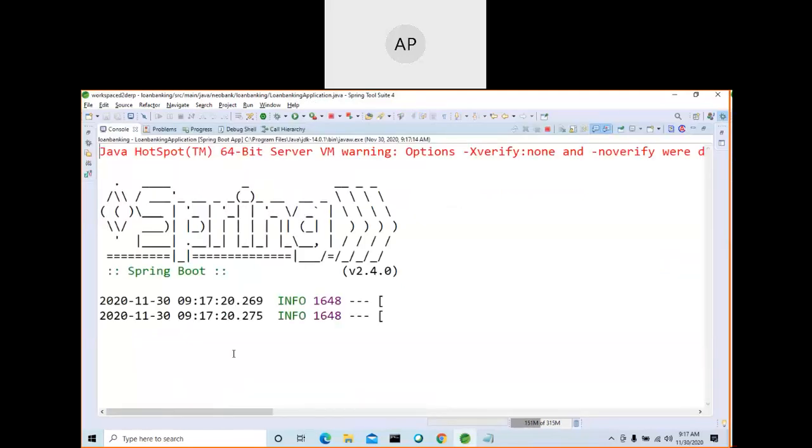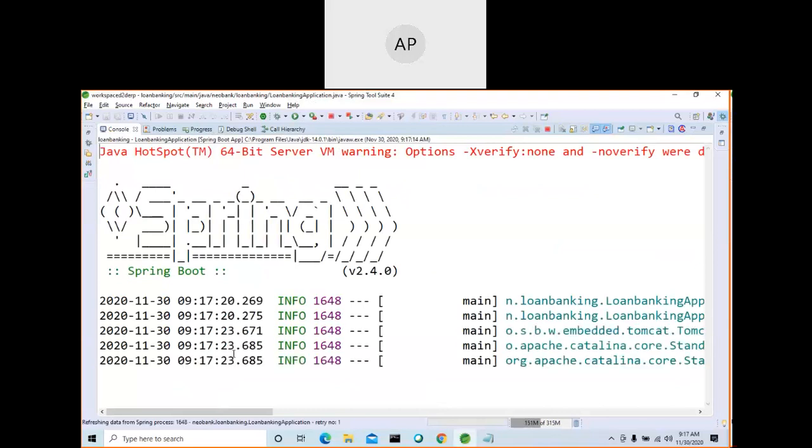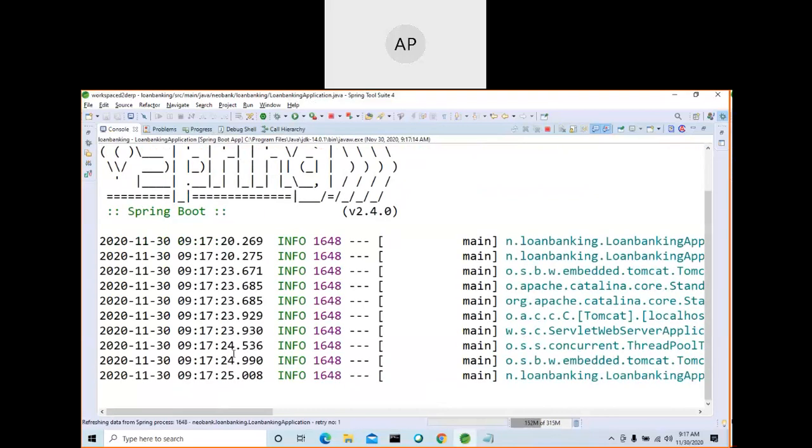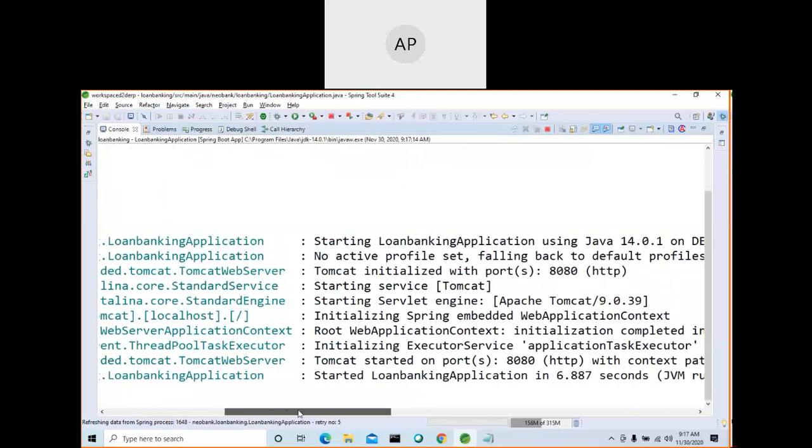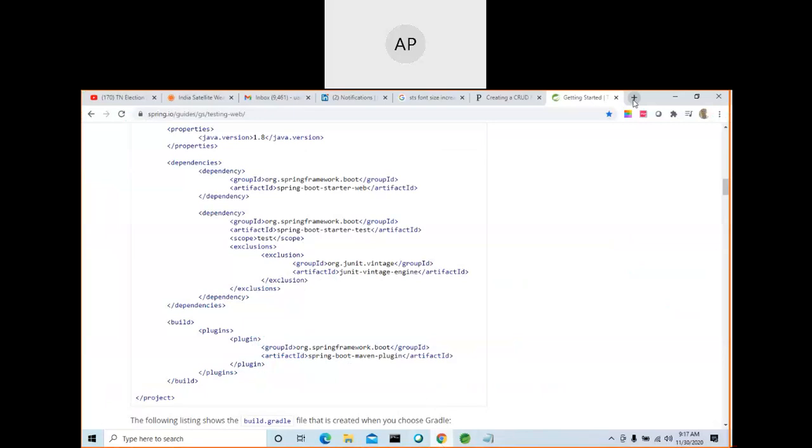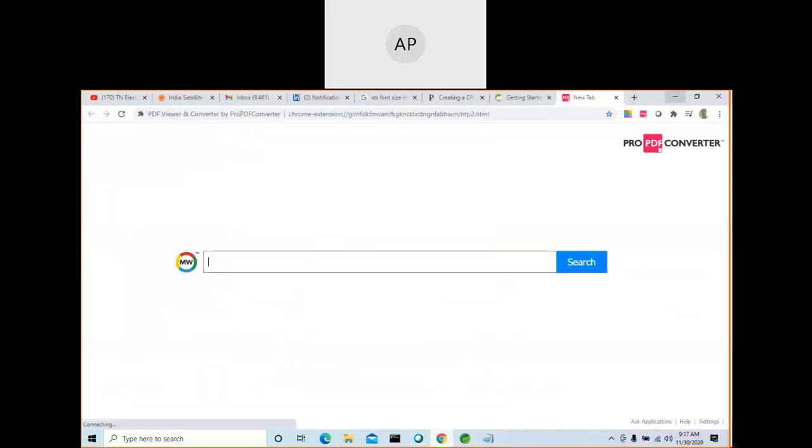Now what is the meaning of this? We are going to run our application. Here, what is our Spring Boot application doing? It is running my project and it is going to deploy my WAR to the embedded Tomcat. See here, Tomcat initialized on port 8080. It's very simple; you already learned this. The web application context and all the things are created and initialized, and finally your application is started on 8080.